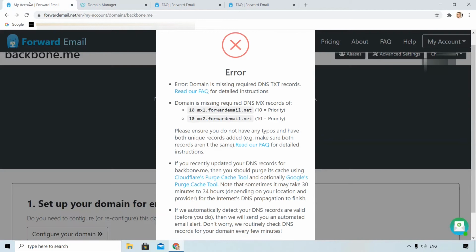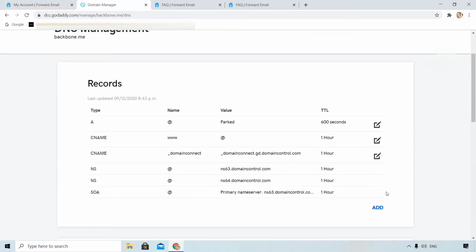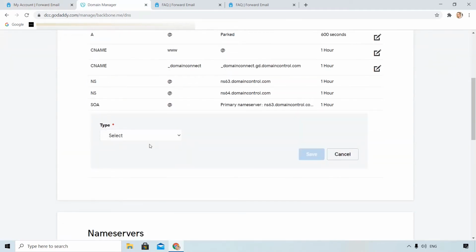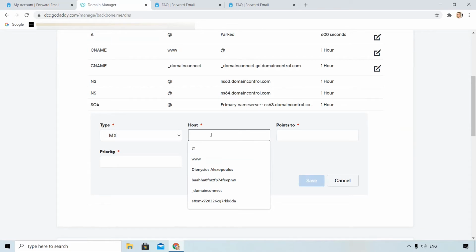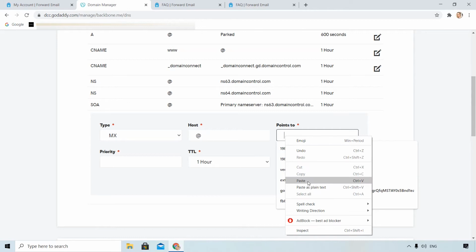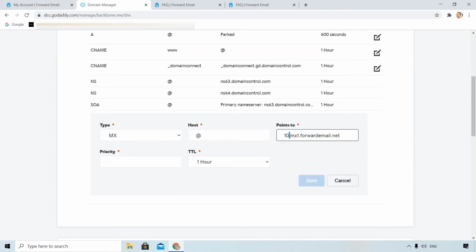Okay, now we have two MX records. Click here to copy. Add. I add the first MX record. I put that symbol in host. I don't need that. mx1.forwardemail.net, priority 10, and this is the first record.